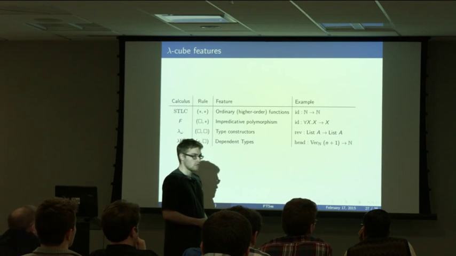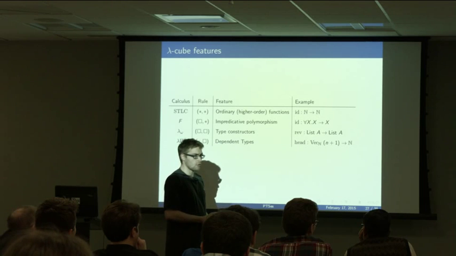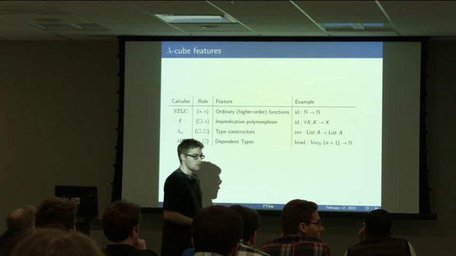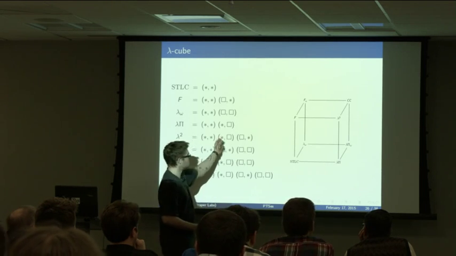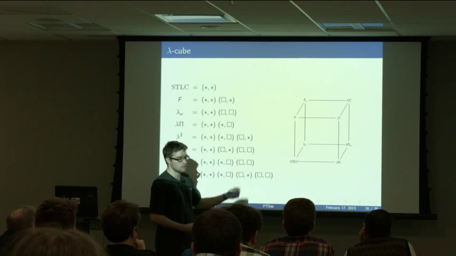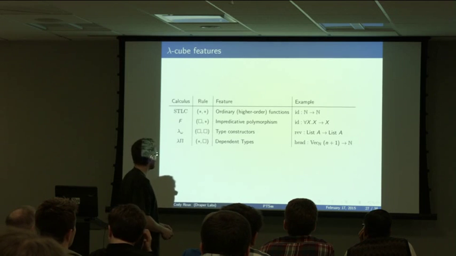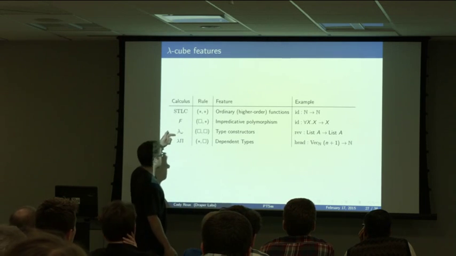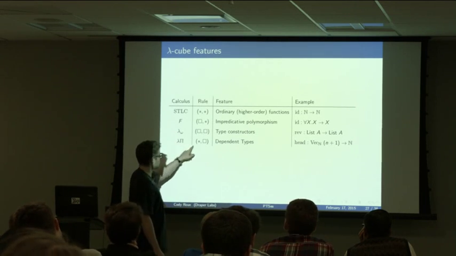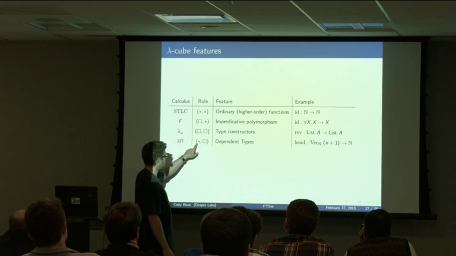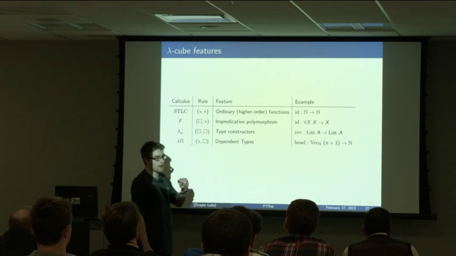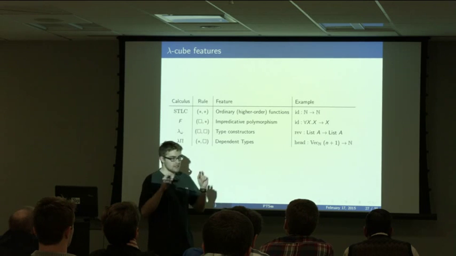Well, you're adding a rule, so when you add the rule, then you have... I don't know what you mean by the cube commutes. So I mean, this is a set, so you can swap all these. All right, so each of these corresponds to a dimension. I'm going to start with the last one because it's the last one I mentioned. Star, square, square. This rule adds dependent types.